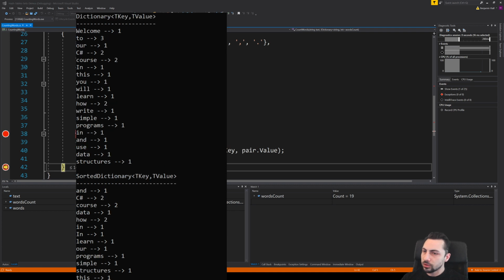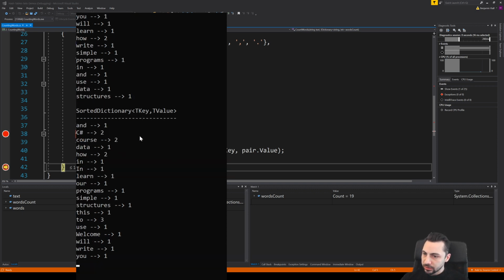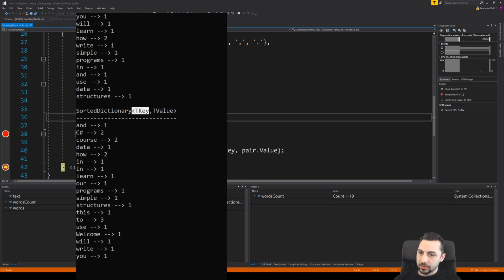There we go. So reminder, this is how we printed out our dictionary object. Dictionary object was in the order in which elements arrived. Sorted dictionary certainly looks to be what? Alphabetical. A, B, C, D, H, I, L, O, P, S, T, U, W. And interestingly enough, it's case insensitive alphabetical. So how does a sorted dictionary do that? Well, a sorted dictionary relies on the fact that the key has a comparison method.